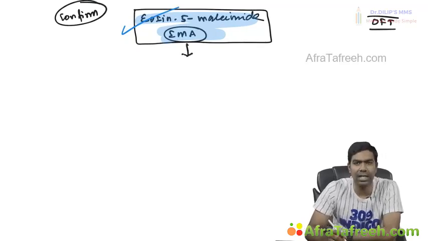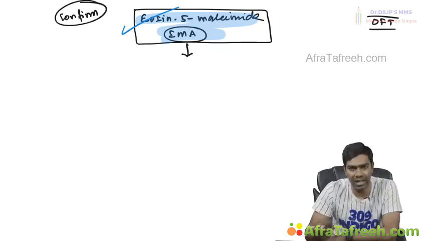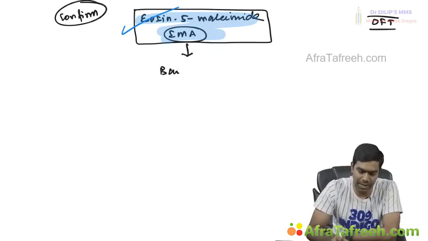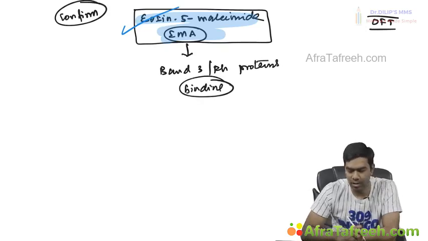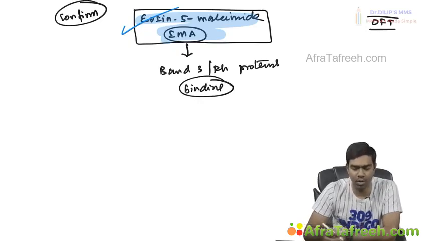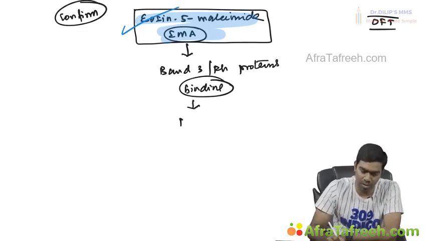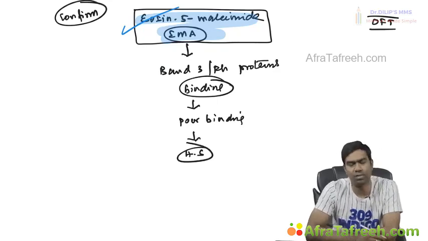So what happens is this EMA is going to bind with band 3 and Rhesus proteins, the RH proteins. So this is where the EMA is going to bind. Suppose this EMA binding is poor, that's what you're going to look for. When EMA binding is very poor, poor binding can be considered positive for hereditary spherocytosis,